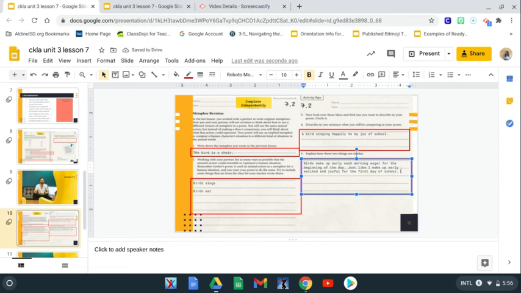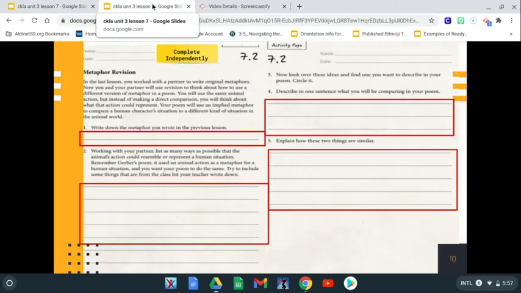So what you're going to do is, whatever your situation is, so if you're going to take how a dog eats or how a pony prances and compare it to maybe something in your life, like the pony prances so high, it reminds me of how I jump high, just like I jump high if you're a cheerleader, or if you have to jump high when you play basketball. So you're going to find a way to compare that bird or that animal and its action to something, an implied metaphor that you can formulate your poem around. Does that make sense, boys and girls? So here's my example. Let's move on to the next portion of our lesson.